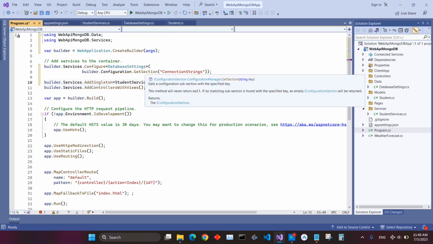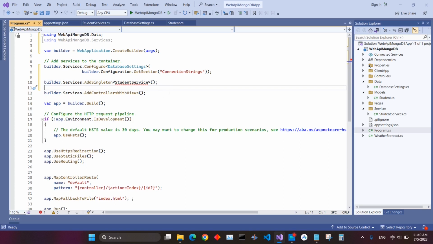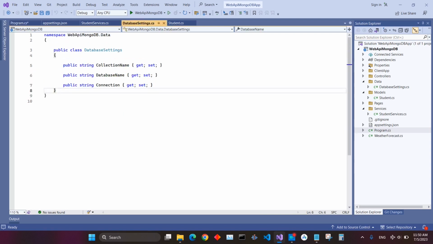I just paste the code here. I already prepared everything. So this is student service. It is student services. It automatically imported the necessary files. This is also called dependency injection, where you inject some services, some features, some components. So what it does is that from the database settings, from here we have this class. This is like a module or like a type,